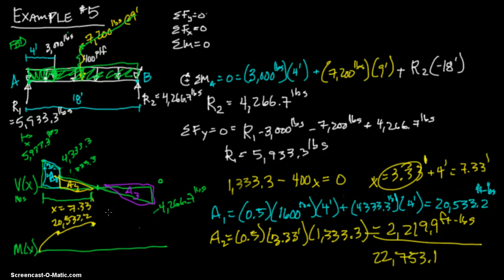Welcome back to example 5. I didn't quite have time to finish, so I'm going to finish now and maybe give a little bit more insight on shear and moment diagrams. Alright, so when we left, we went A1, and this is kind of A1 right there. A1's right up here. It translated down when you took the area under this curve, per se, or the area in this shape,